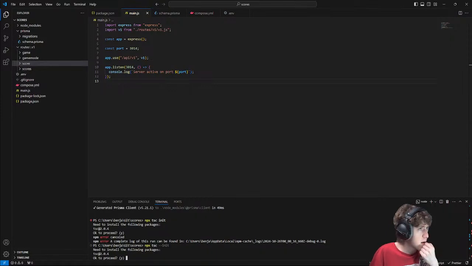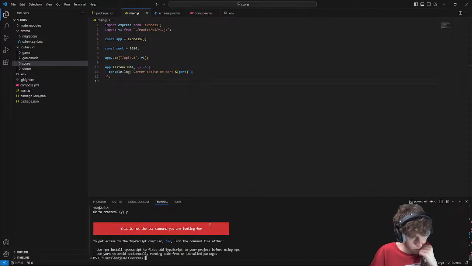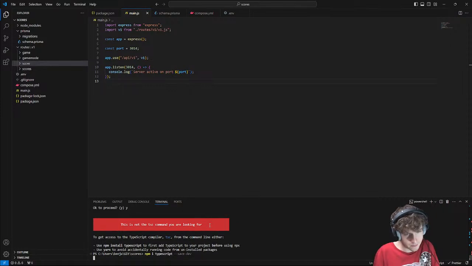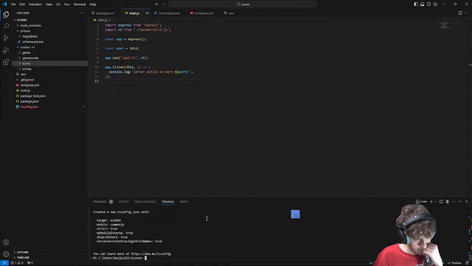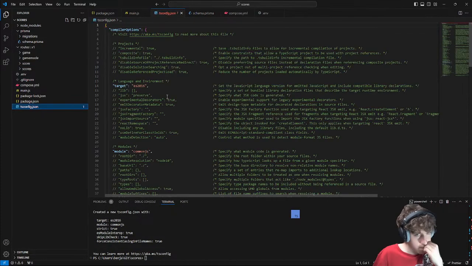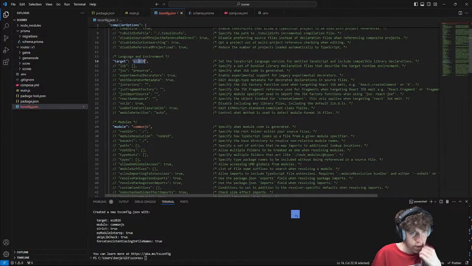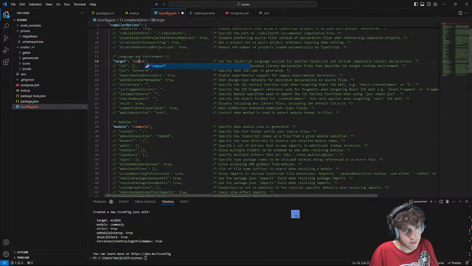Okay, I guess it has always been like that. Fine. Okay. npm install TypeScript, save dev. And now do that. Target, use next.